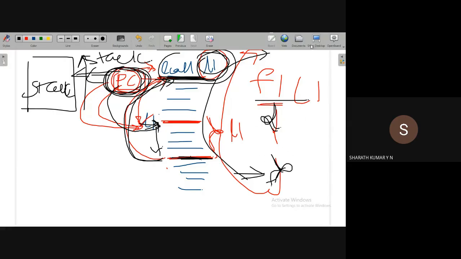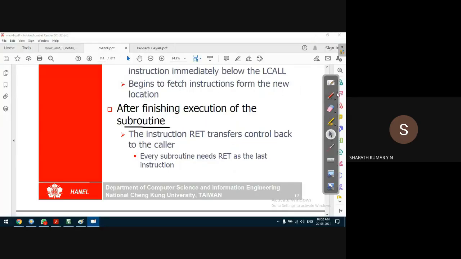In assembly language programs, a separate instruction called the return instruction is used. RET stands for return instruction. This return instruction forces the microcontroller to go back to the point from which it had taken a jump to the subroutine.